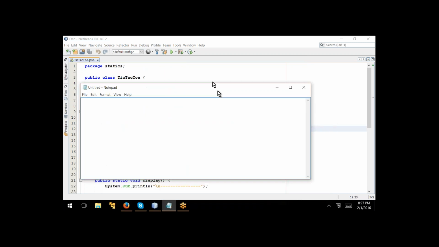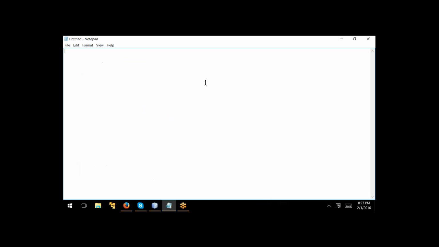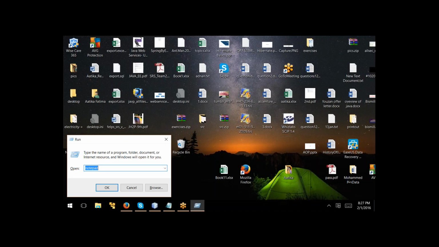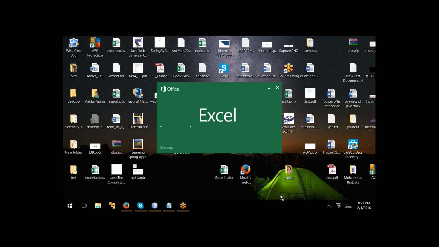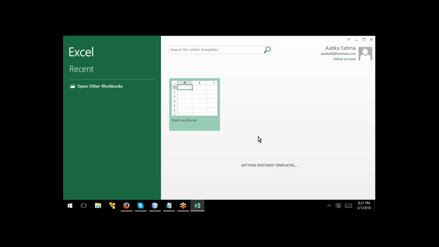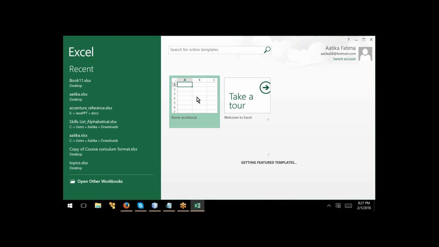Now, we know that an array is a collection. What is an array? It is a collection of similar objects. What if you want to add different objects? That is, if you are creating an array,